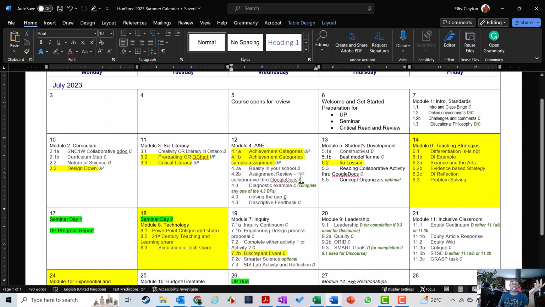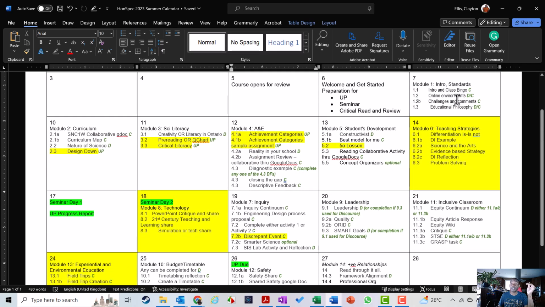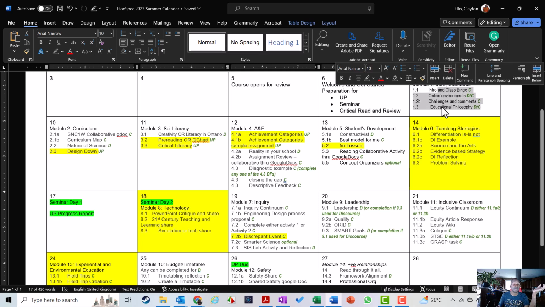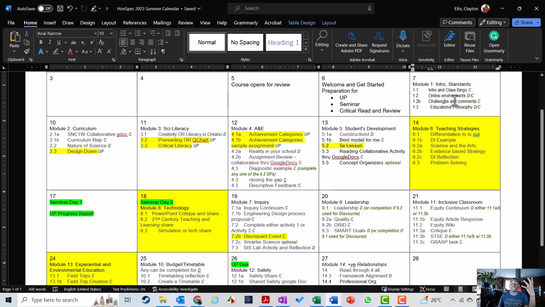It is very compact. The first week is relatively straightforward. The Friday is pretty busy because you're talking about personal educational philosophies and online learning, so there'll be some conversation there. You're also getting to know each other. So these first few days are meant to be light, but there is some writing. But once we get into week 2, once you've picked your unit plan and figured out your seminar group, you're going to figure out times outside the course to meet with your groups, to work on the unit plan and the seminar. You want to start on those immediately. If you can start even on the first weekend, that would be great for you because your workload will be less on the first weekend.